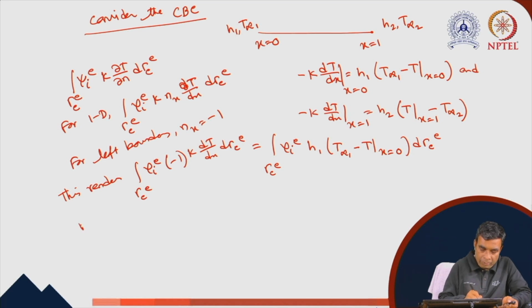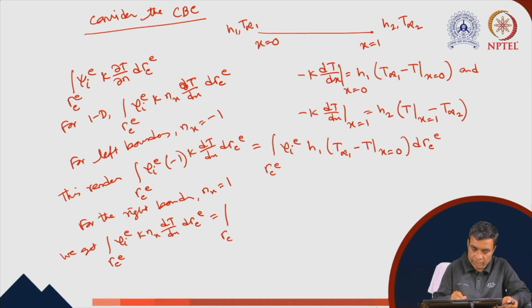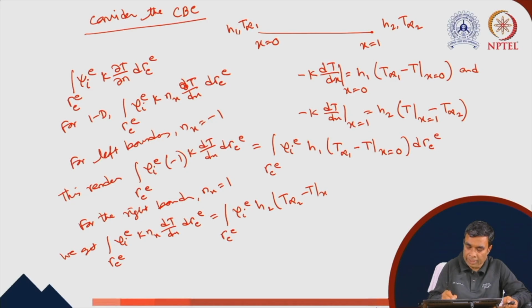Similarly, for the right boundary, n_x equals 1, we get integration over Γ_CE of ψ_IE K n_x dT/dx dΓ_CE equals integration over Γ_CE of ψ_IE into K dT/dx. So our K dT/dx is h2 into (T infinity 2 minus T at x equals 1)